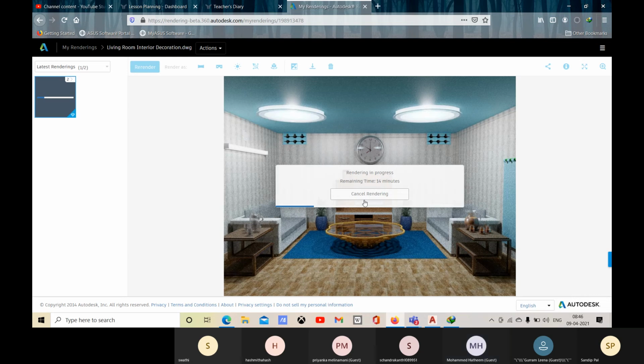I'm not telling you to model this much, but you can go for at least one sofa and one center table, and other things you can duplicate. It depends on you. Just go with simple models, okay? Or you can go for the exterior building. If you are not in architecture, you can go for an exterior building, and those who are in architecture can go for interior and exterior as well, as per their choice. Okay, sir.